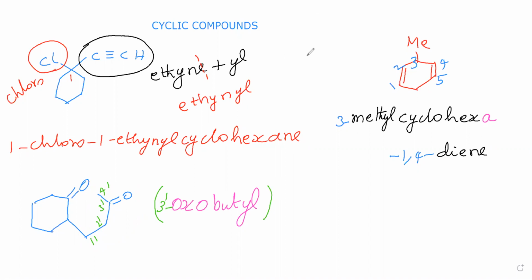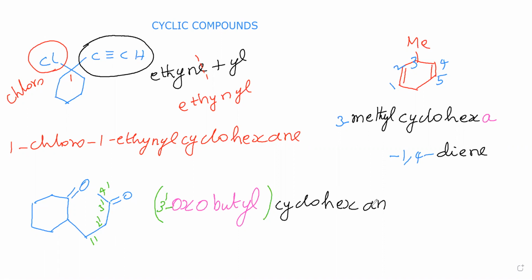Next, we have to say about this parent name. Now we will say about the parent name. This parent is a cyclic compound, therefore cyclo. This contains 6 carbon atoms, therefore hex. Here carbon single bonds are there, therefore an. In that, the last letter e I have dropped.